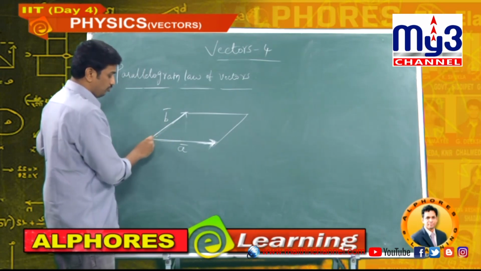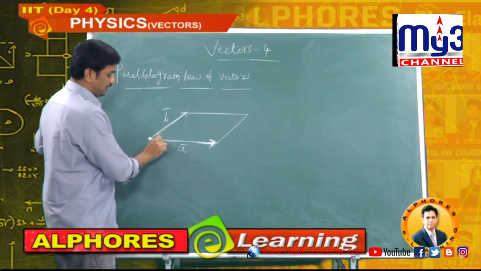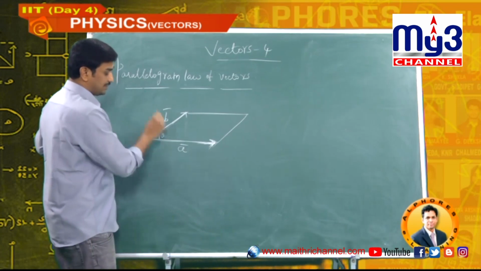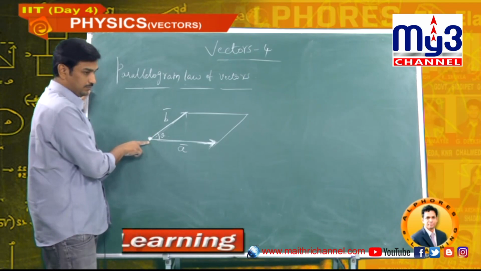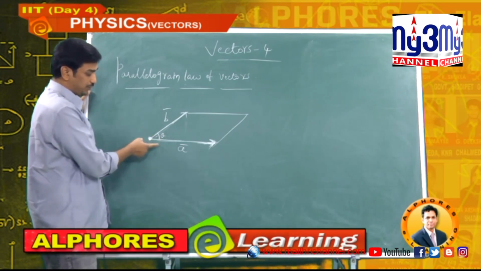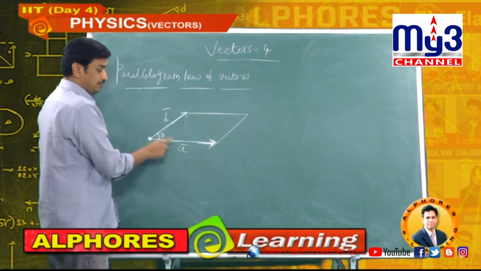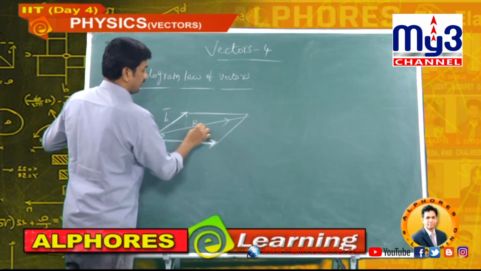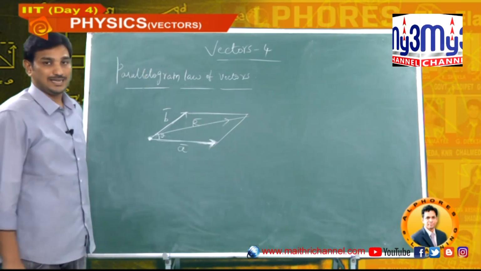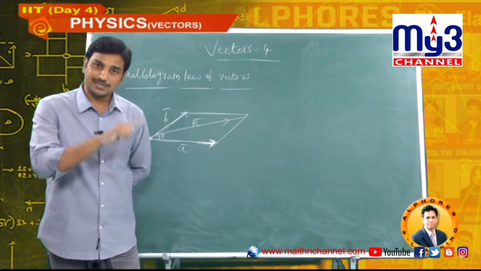Now, how to find the angle between two vectors? Two vectors, join their tails. Now here there is a difference of angle, that is theta. A bar vector, B bar vector, tails joined together. Now there is a separation, that is the angle between the two vectors. Where is the resultant of A bar and B bar now? Diagonal. This is the resultant of A bar and B bar. Previously, A bar, B bar were representing two sides of a triangle. The closing side is the resultant.